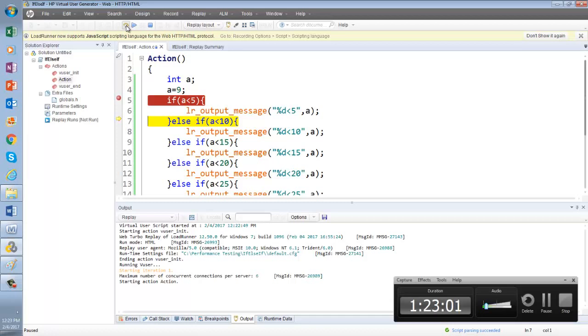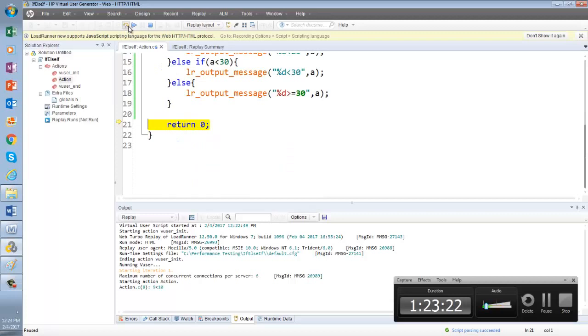Can you see it came for the next statement? Now 9 less than 10. Is it true? Yes. Now it is going to line number 8. But what will be happening to the remaining lines? Nothing will happen, right? This is the exit criteria. See here, we are checking this. We are going to this block, but after that we are exiting out. Got it, everyone? So that is what the if else if block does.